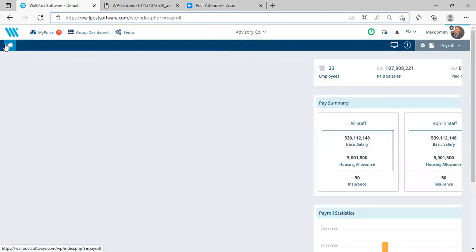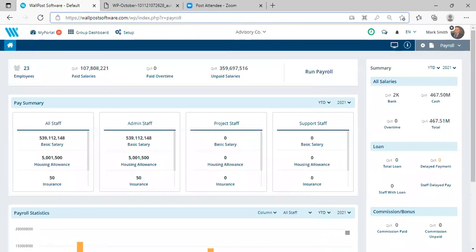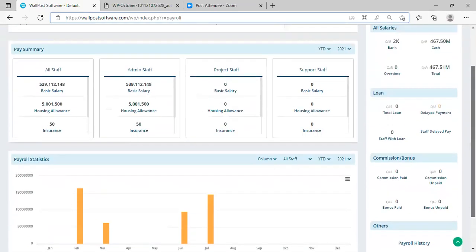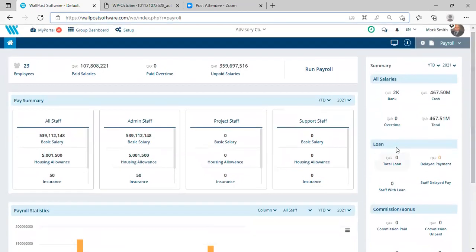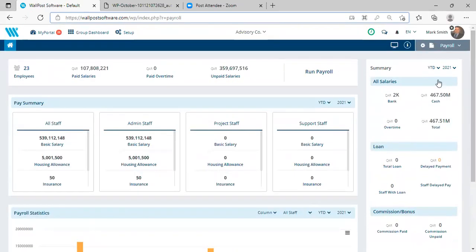and in the front view of our payroll screen, you can see everything related to the salaries of an employee, how many are paid, how many are unpaid, what is your overtime, and if there are any loan deductions that have taken place as part of your payroll processing for an employee who has made a request, you can track everything from here. Again, with the flexibility to see it for a specific month or for a specific year.